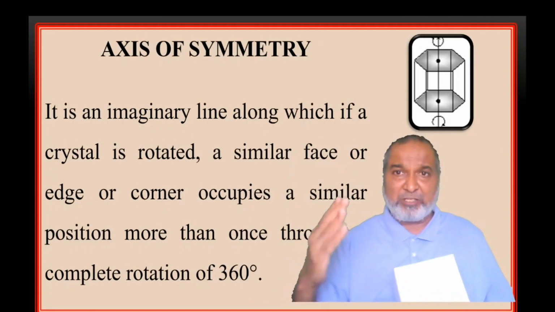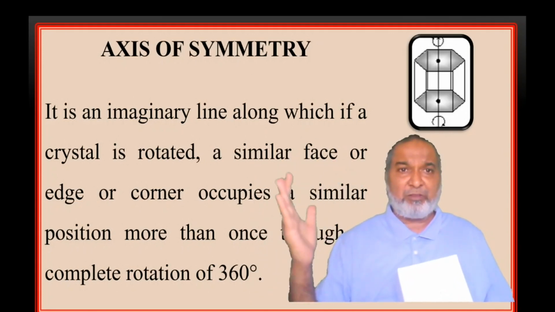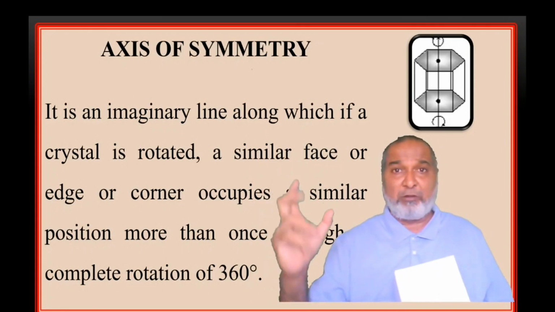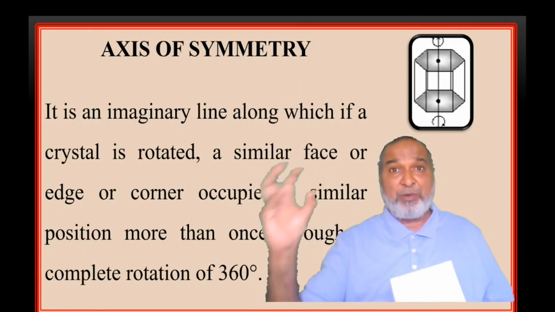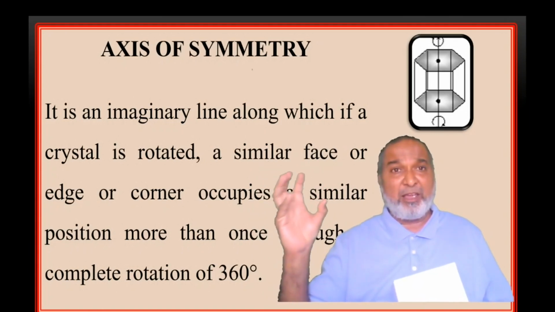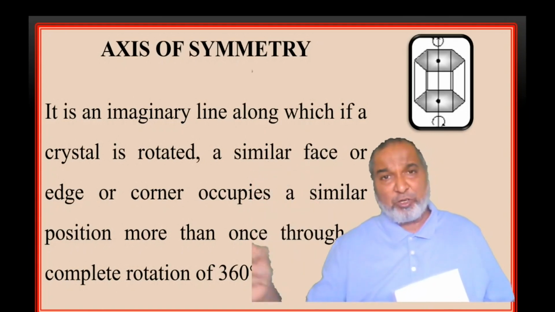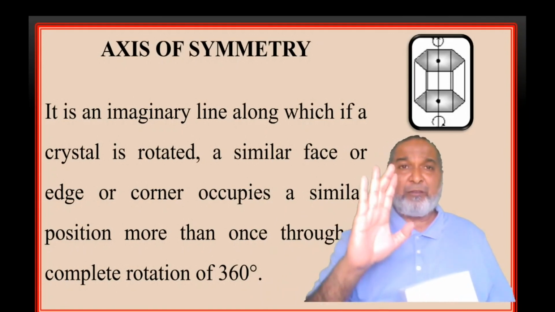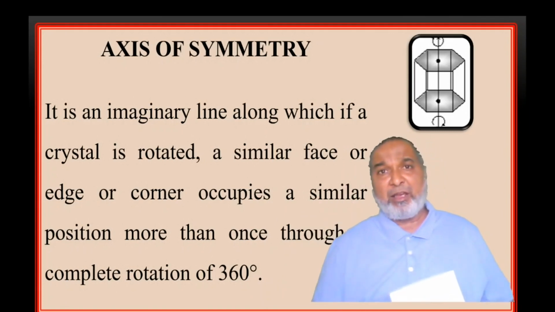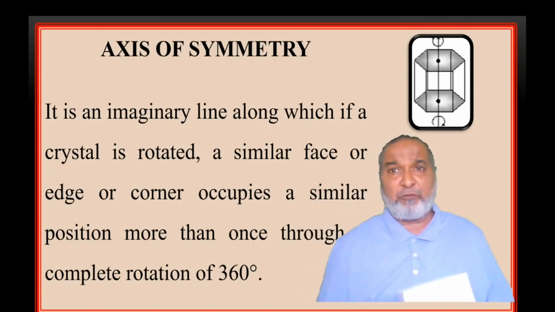One of twofold plus one of twofold plus one of twofold becomes three of twofold. It will not be three of sixfold. Don't make that mistake, it is common. The 4 is the number of faces coming, and then how many axes, you have to go on adding. So here 3 axes are there, which shows 4 faces regularly coming at that particular spot after every 90 degrees. So it will be 3 axes of 4-fold.